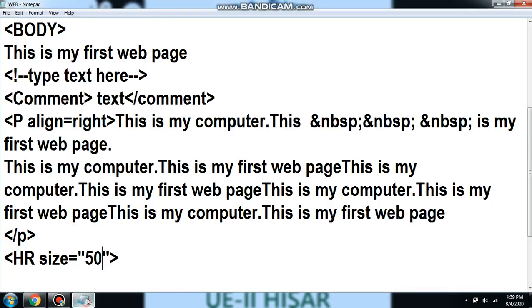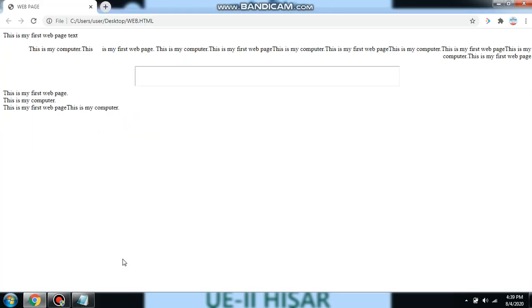One more attribute is there, that is width. Width value you can put in percentage also. I am putting here 50%. Now I have saved it. You can see this. By default for HR, alignment is center.